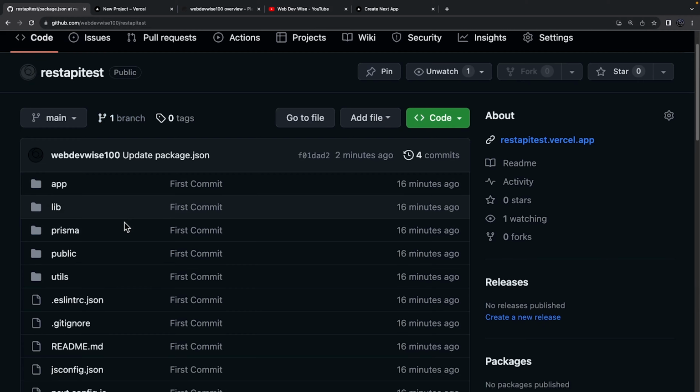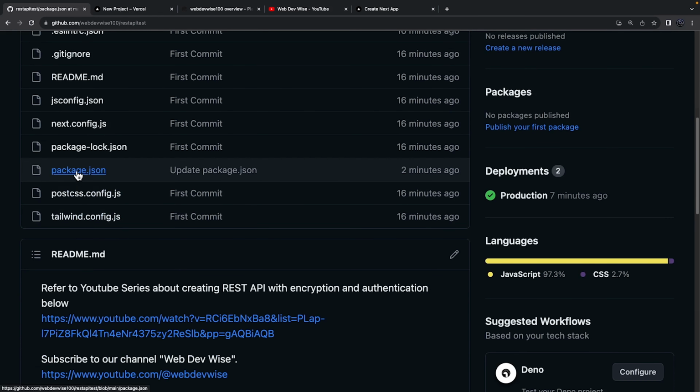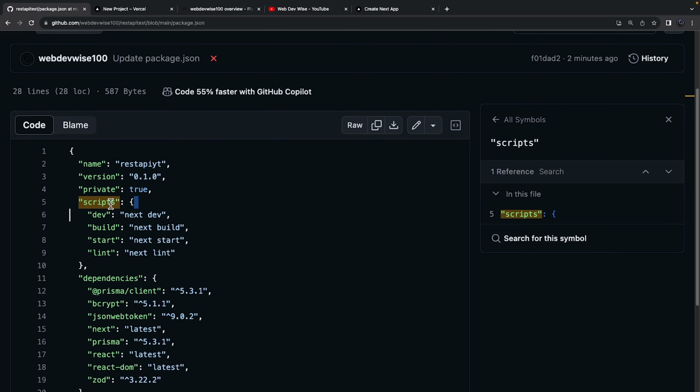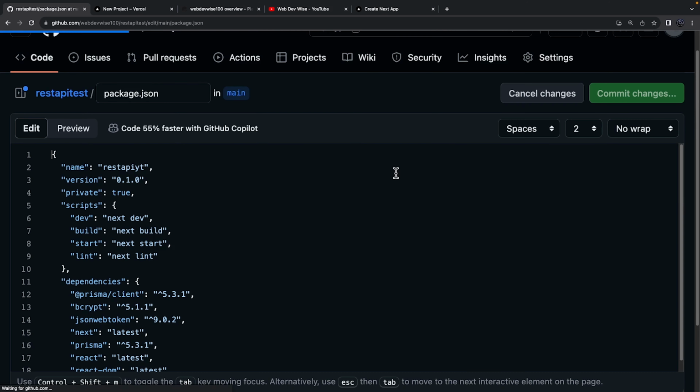In your GitHub repository, look for the package.json file. Under the package.json file, you have a scripts section. Under scripts, you have build. This build command needs to be modified. Click on the pencil icon and then